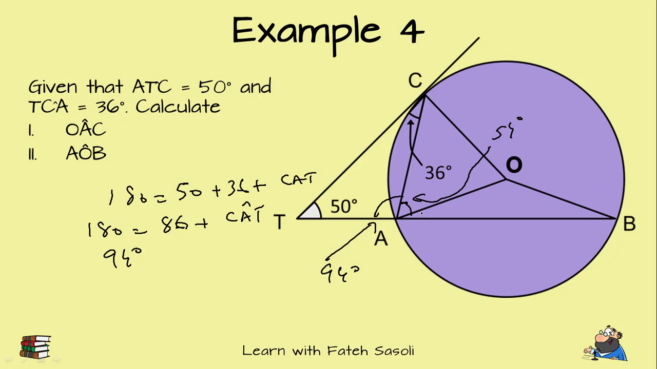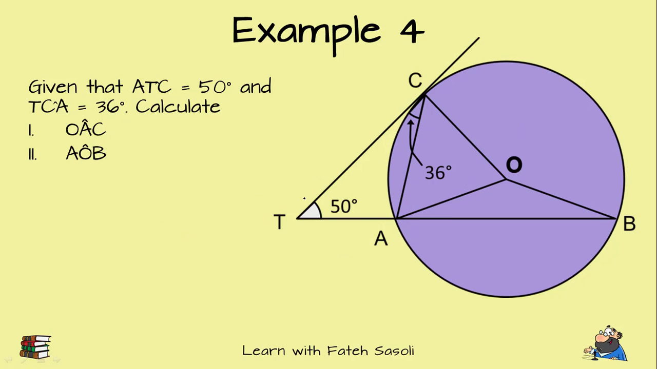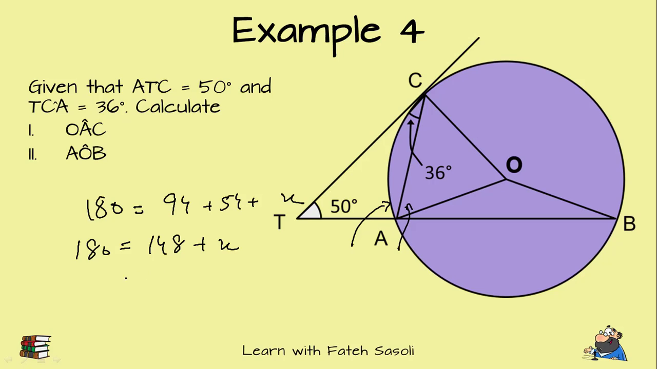and for the second part, we're supposed to find OAB. This was the angle in question. Again, really simple. It's 180 is equal to, this was 94, this angle here was 54, plus the missing angle X, and this is 180 is equal to 148 plus X, and so OAB should be